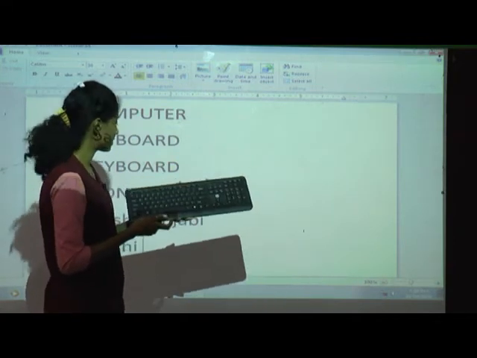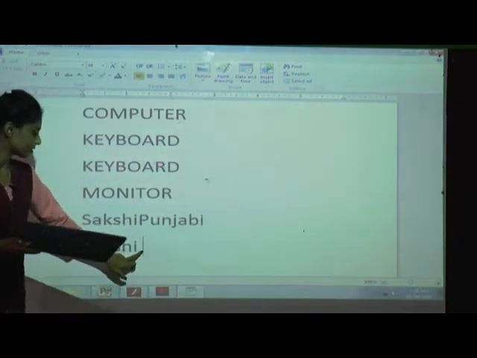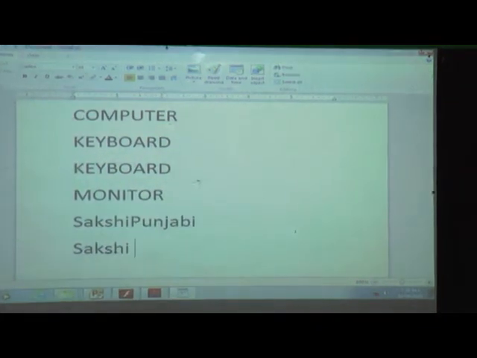When I press this, you can see it is space. Got it? Use of the space bar: if you want to give space between words and letters, we use the space bar.